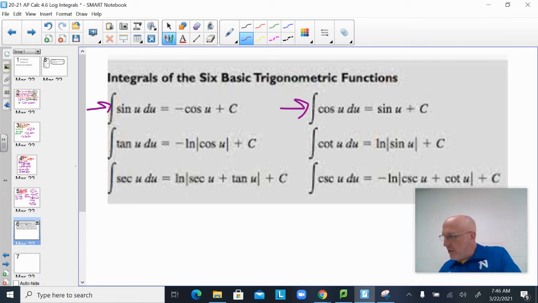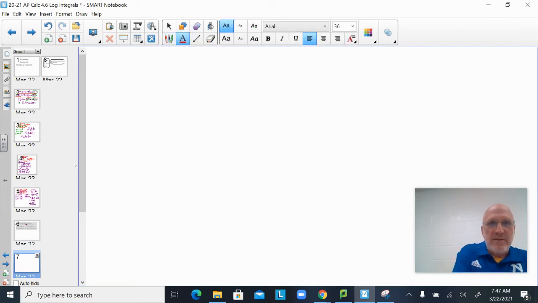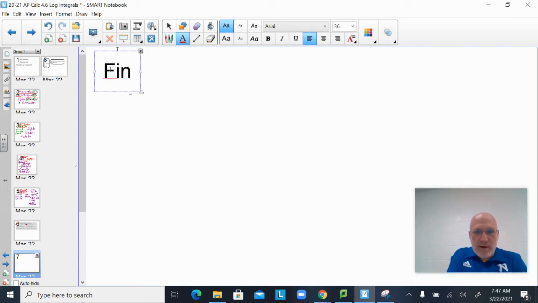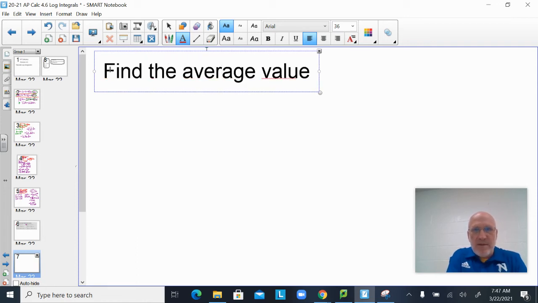Oh, I lost the page here. Page 350, example. Okay, here it is. So let's do one example where we'll have to take an antiderivative of a trig function. I'm going to type this to make it easier. This will make us remember something from a prior chapter. Find the average value